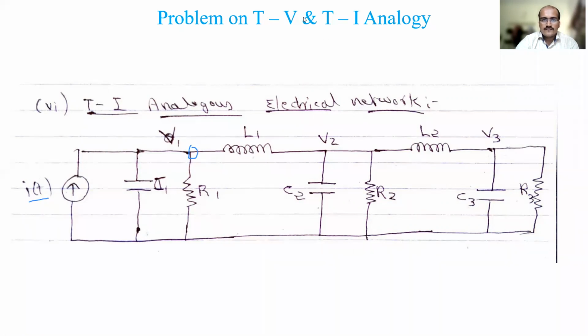Then at the theta 2, that is V2, you have two elements C2 and R2. Since there is no element present here, both are at the same potential V2. And between V1 and V2, you had the K1, so there you will get the L1. And then between V2 and V3, you have the K2, which is L2. And at theta 3, that is V3, you have the two elements J3 and B3, that becomes C3 and R3. So same as first. So hope you have understood. So total 8 classes completed here on analogous systems.